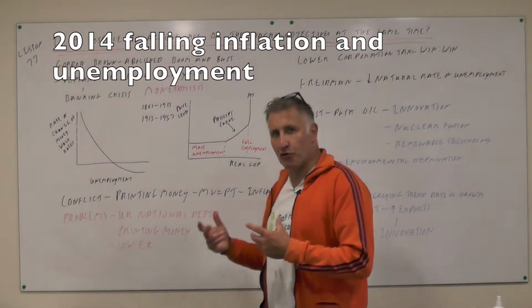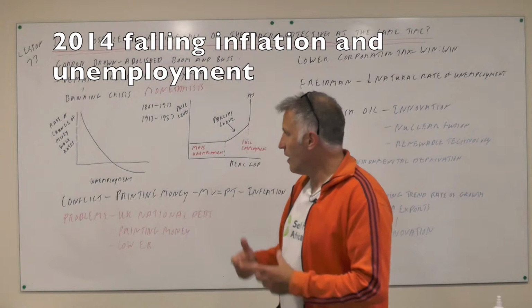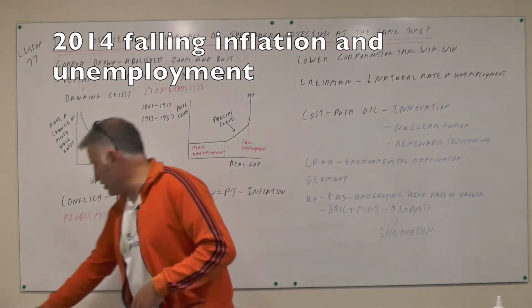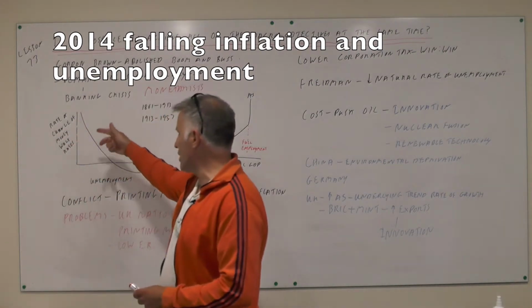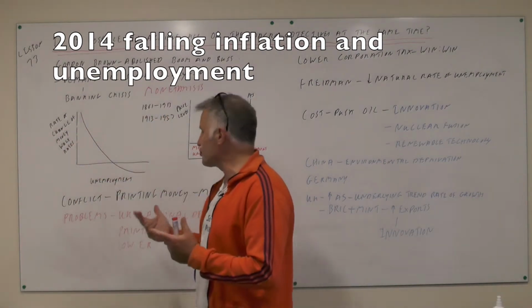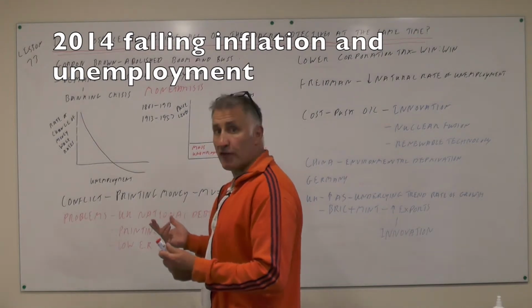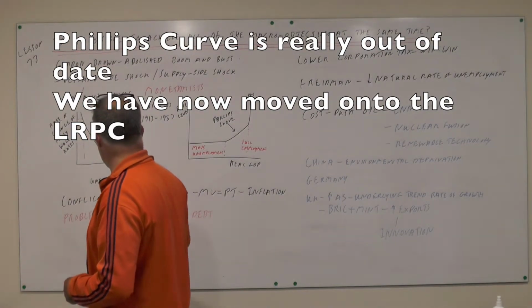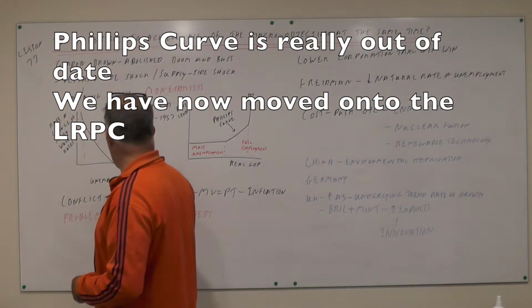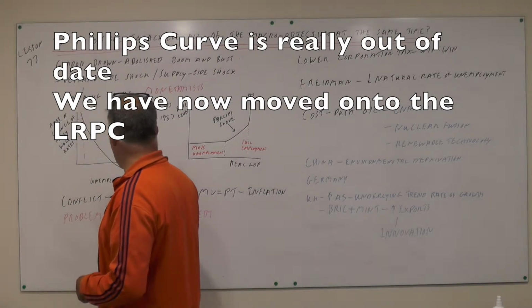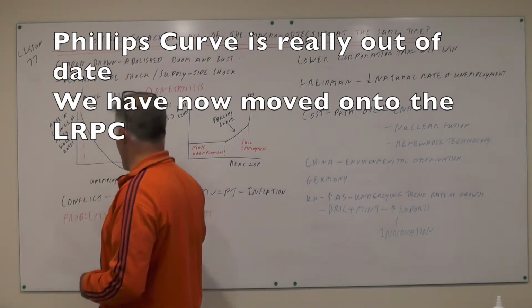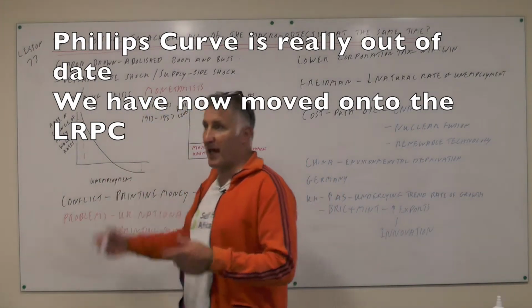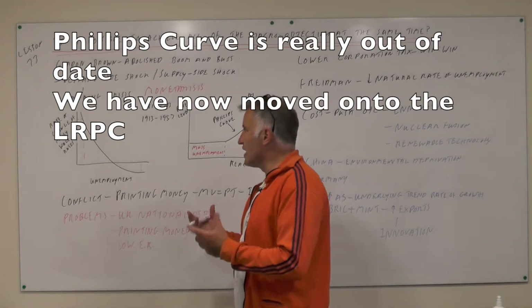Okay, this is one thing that really annoys me whenever I come to mock exams as an examiner. Students always talk about the Phillips Curve. So they draw a line on here, and they normally put inflation here rather than rate of change of money wages, which is similar to inflation, I admit. And they say, okay, we can have a choice in the economy. We can either have high inflation and low unemployment, or we can have high unemployment, and even in this case, negative inflation. So we have a choice in society.